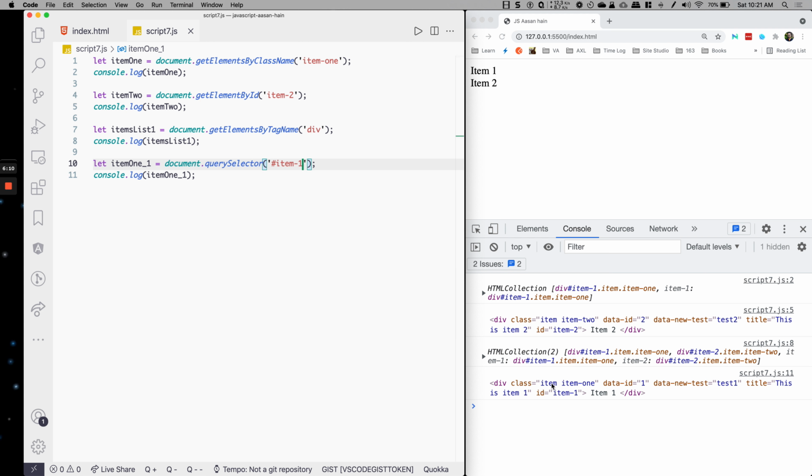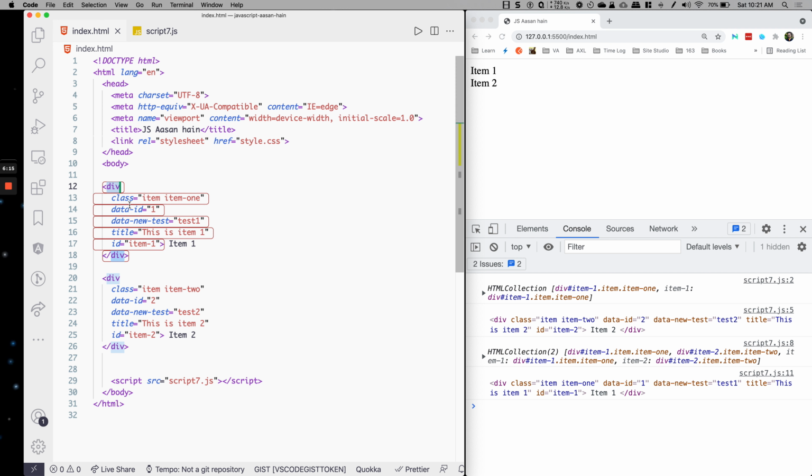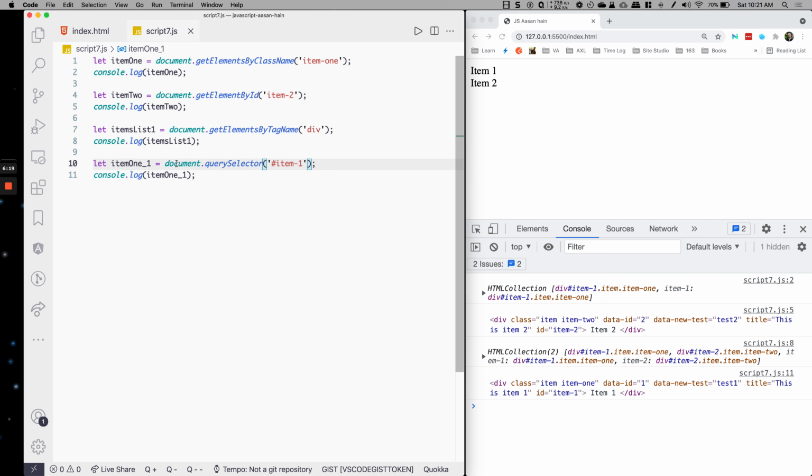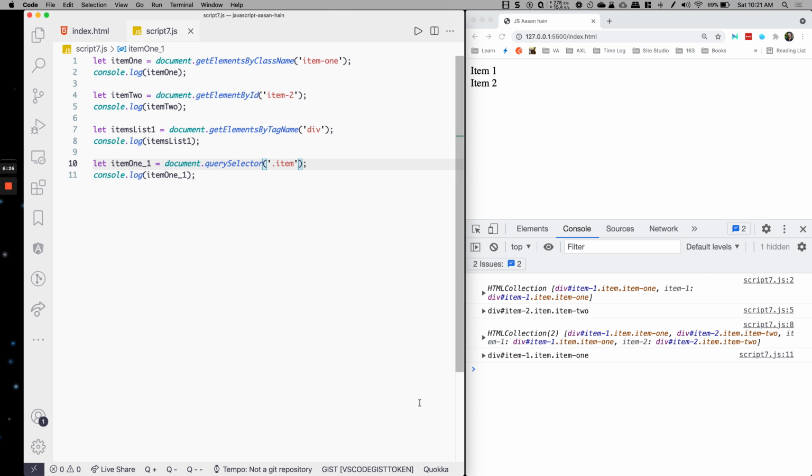Also, if we pass in something like .item, there are two divs which have this class of item, right? So if I select with document.querySelector and the class item, what will happen, friends? It will give us back the first item that it is able to find. Now, in case we want to select all the divs which have the class item,